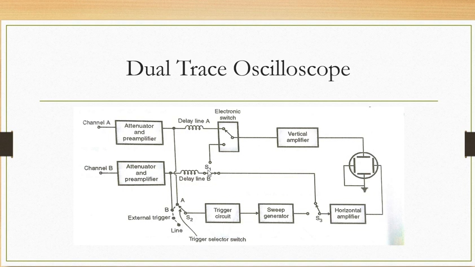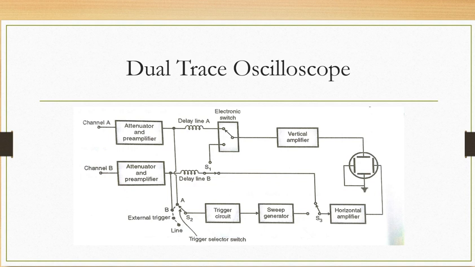Okay, so if you see here, channel B will act as a horizontal input, and the sweep generator is disconnected from the horizontal amplifier. We are discussing the XY mode, that you have to keep in mind. This indicates that the signal applied at channel B will decide everything about the horizontal deflection of the spot. Why have we done this? Just let me complete this discussion, then you will understand.